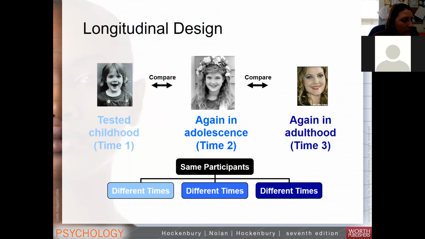Now, the downside, of course, to longitudinal studies is that it takes a long time. If this were a real study where we were looking at 5-year-olds, 16-year-olds, and, I don't know, 30-year-olds over the course of time, you can imagine that's a 25-year study. And that takes a long time, 25 years at least. It takes a lot of time to design. It takes time